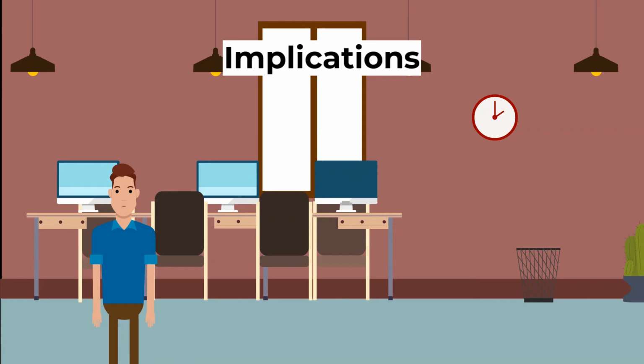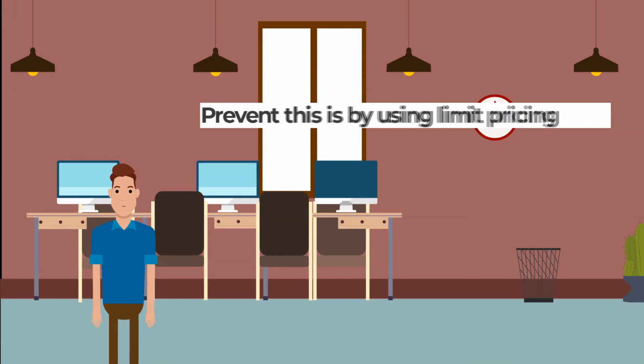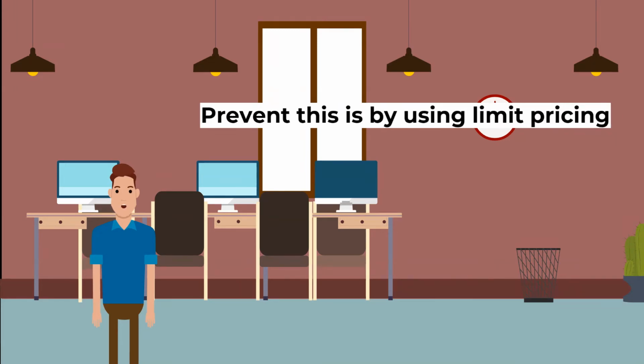So, what are the implications? In a contestable market, firms will enter the market if they see other firms are making huge profits. They will remain in the market until competition prevents them from making a profit. This will take away profit from the original firms, and could even force them out of business. The only way to prevent this is by using limit pricing, which reduces the incentive for firms to enter the